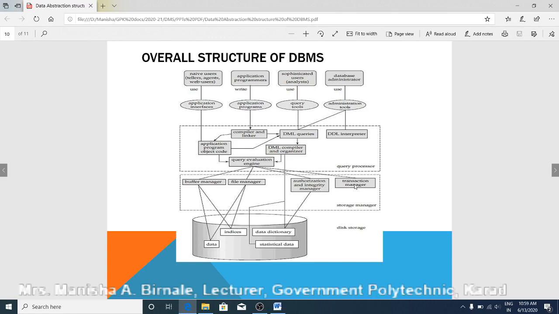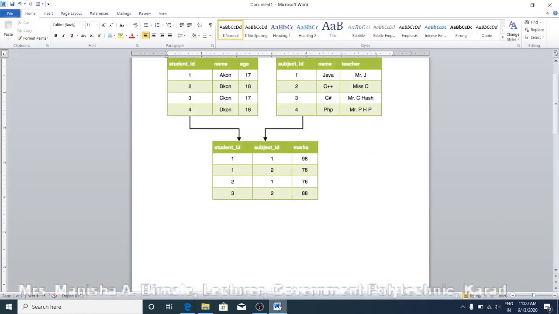There is a transaction manager component also. So let us first see what is meant by transaction. A transaction is a group of instructions which should be executed as a single unit. So there may be n number of instructions, but all those instructions should be executed as a single unit. In the fifth unit, we are going to learn details about transactions. Now, just see a basic introduction to that transaction.